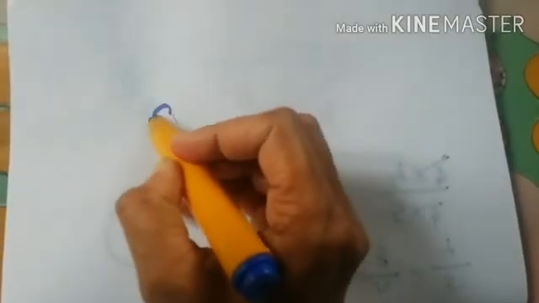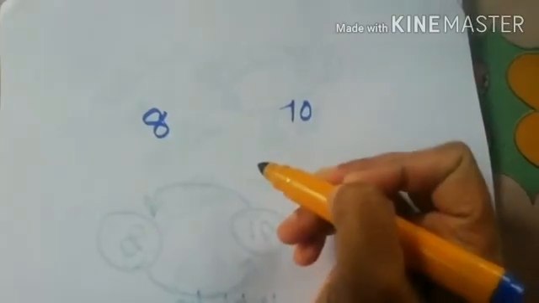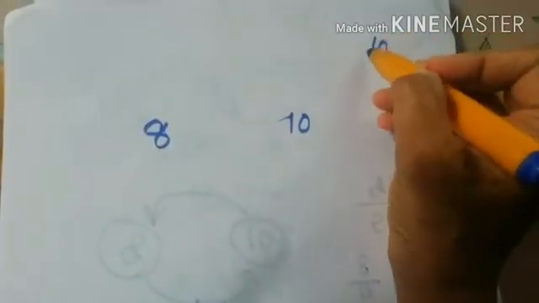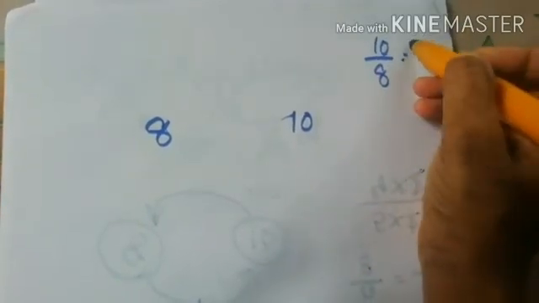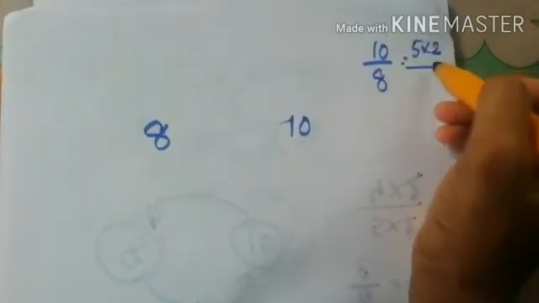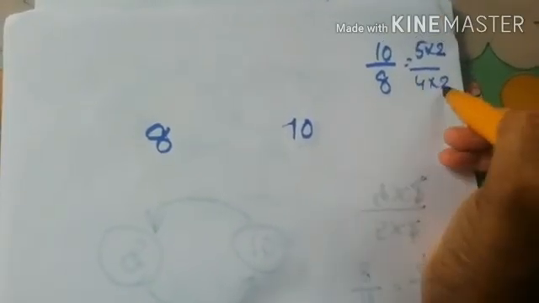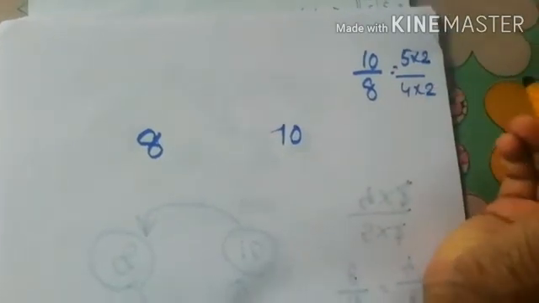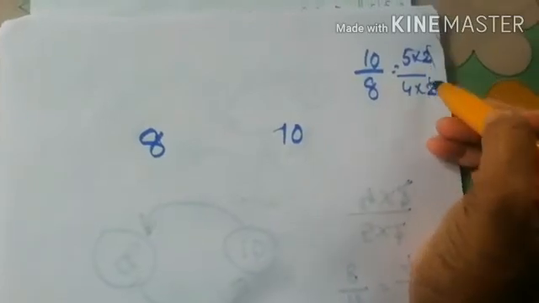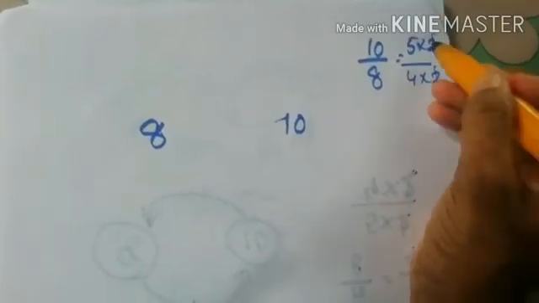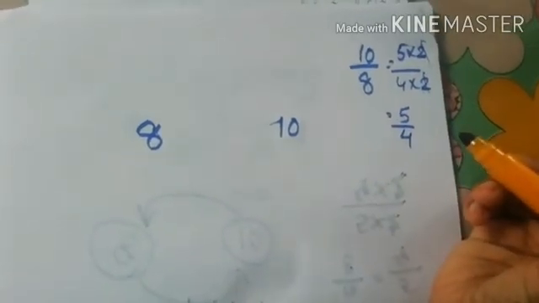Let me find out how we can convert 8 and 10 in terms of times and of. First, we need to divide these two numbers, 10 by 8. We know that 5 2s are 10 and 4 2s are 8. We can express them in the same multiplication of 2 or 3. Next, in our numerator and denominator, if the same digit is repeating, we can cancel it. The remaining should be 5 by 4. Okay.